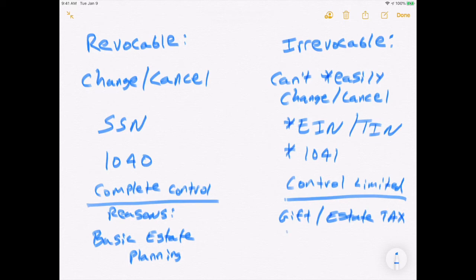You might want to take advantage of some income tax planning as well. And you might want to give your beneficiaries some asset protection or divorce protection. So an irrevocable trust can provide for those kinds of protections as well, whereas your revocable trust won't.